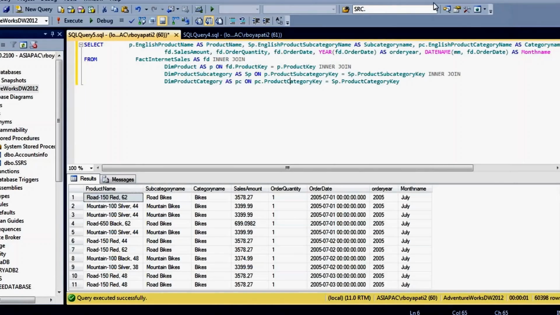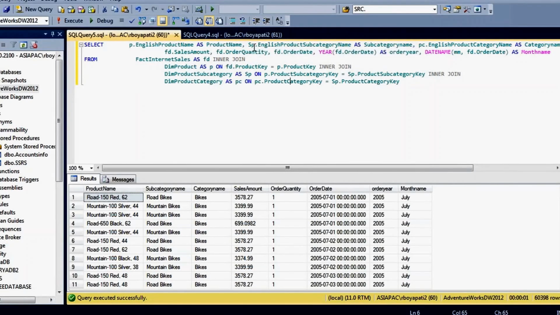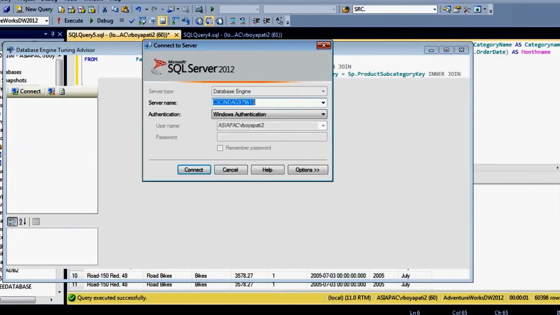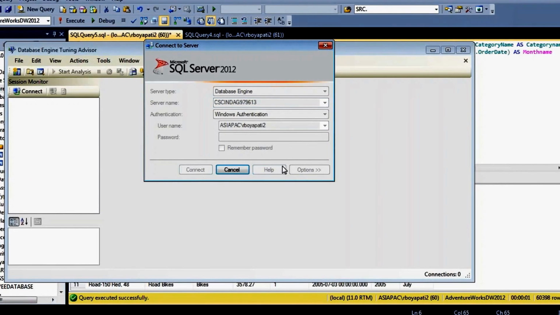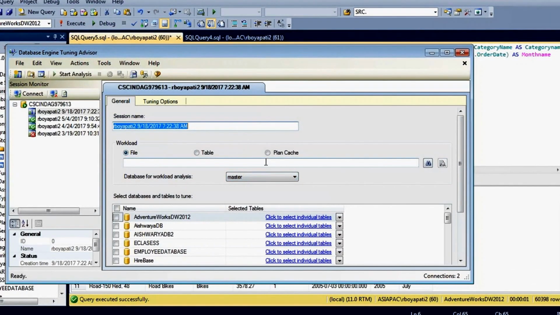Now, the tracing information you have traced, I want to send for analysis. What are the possible ways to improve the performance of that query? If you want to do some analysis, we have a tool called the Database Engine Tuning Advisor. What this tool does is you just upload that tracing file information. So I'm going to upload the trace file information over here,